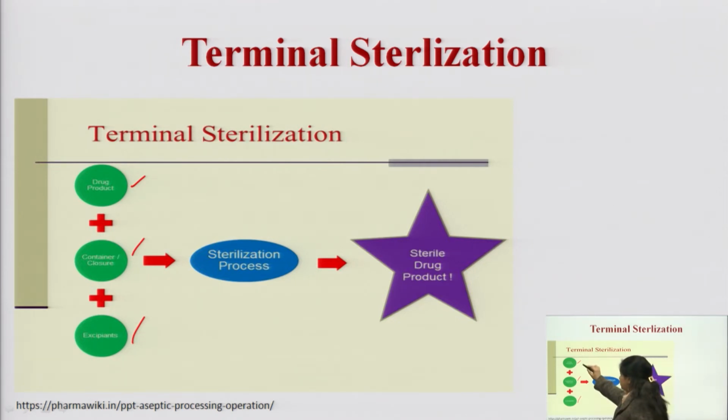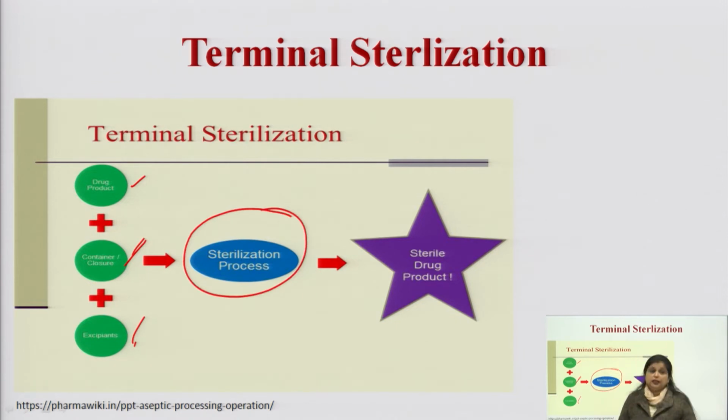Once the formulation, drug product and excipient have been added together, they are added to the container in which they need to be packed, and once the whole product has been packed within the container in which we need to dispense that product, after packing we go for sterilization. That means drug product sterilization means after preparing, you add it into the container in which you want to sell that product, and after adding to that container you will keep that product within the autoclave, you will go for autoclaving and you will sterilize at the end.